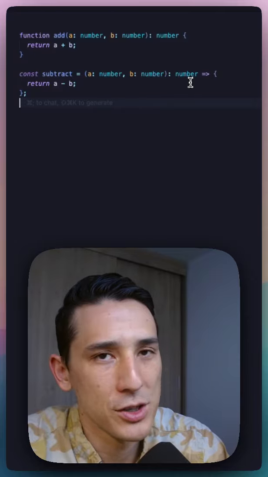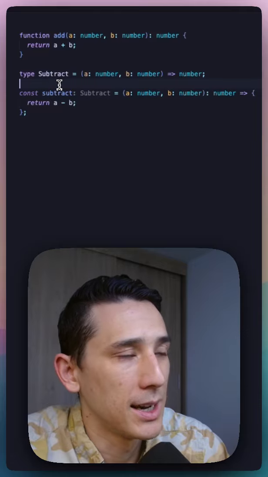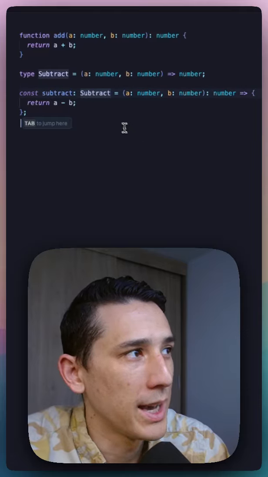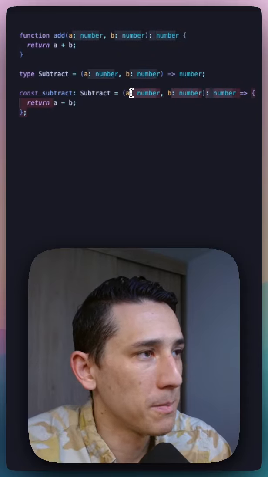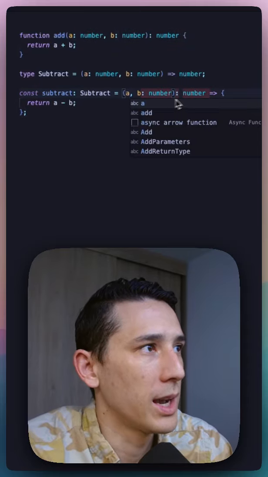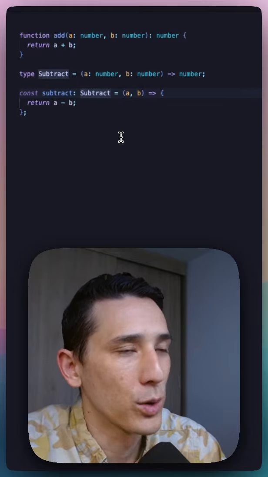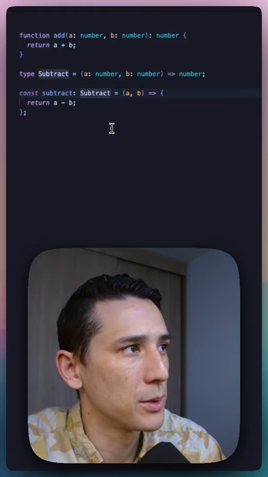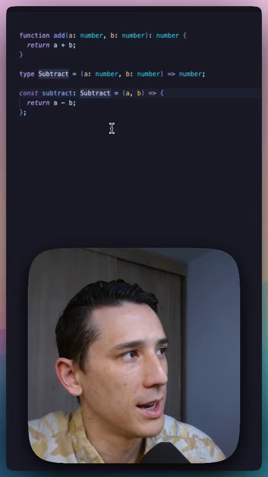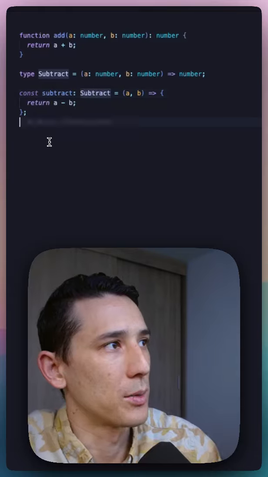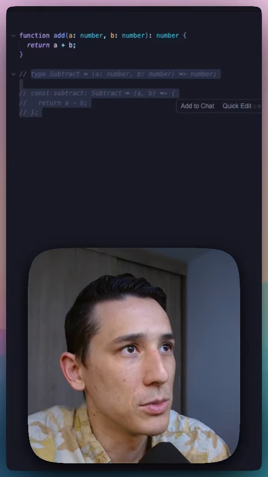So it's just like the function declaration above, but what we can also do is add a type, subtract. We can go ahead and use that as an annotation here. And what's really cool is now I can go ahead and remove these annotations because we're adding that type annotation. So you may like this, you may think it's a little bit cleaner, but really this is just a style change. All right, great. So now that we've covered that, the last thing we're going to cover are some utility